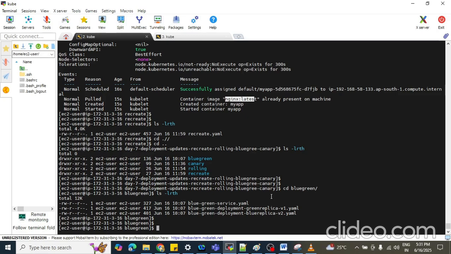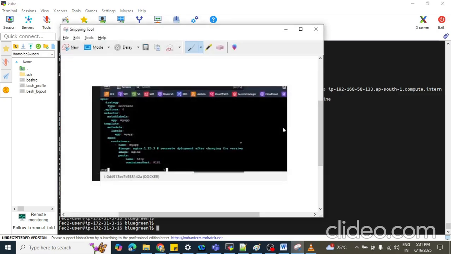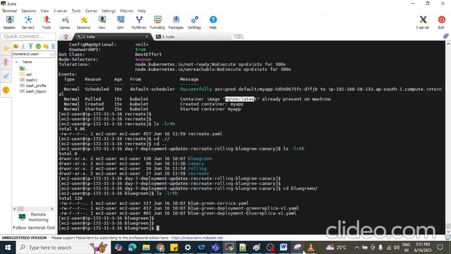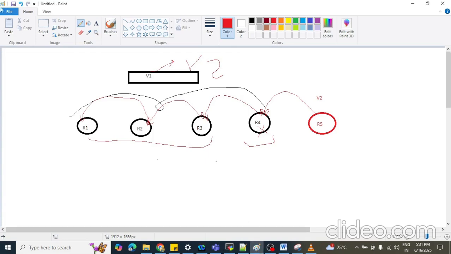For both sides, in the background we are calling a load balancer. Let me draw one picture here so that it will be clear what I want to explain.